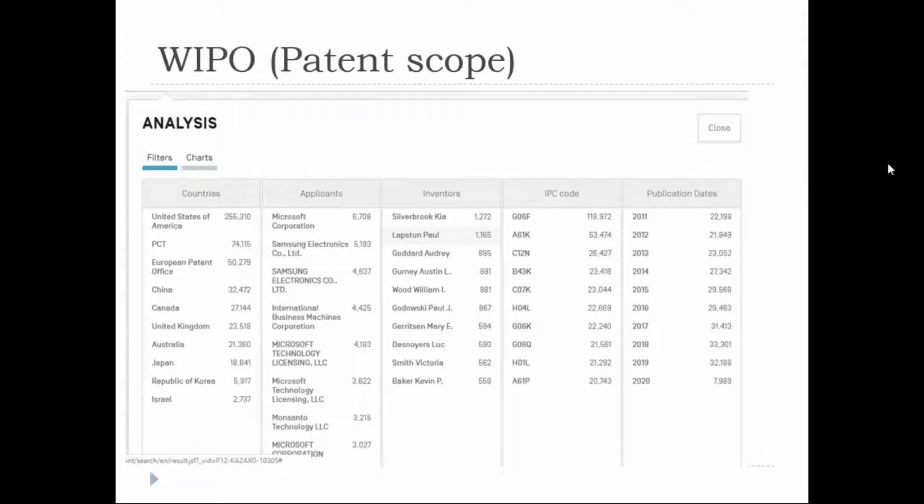Okay, what is the IPC code? IPC is the International Patent Classification Code. As I discussed yesterday, each and every product has its own, or comprises so many inventions as a part of a single invention.